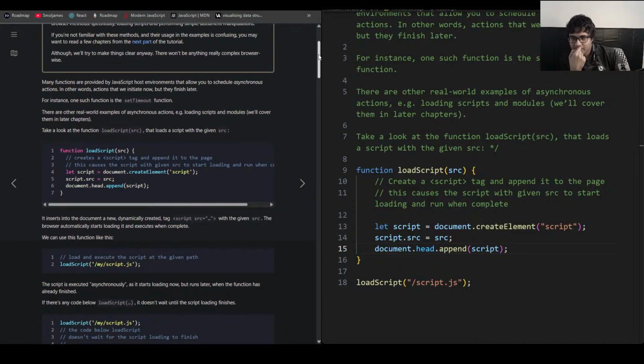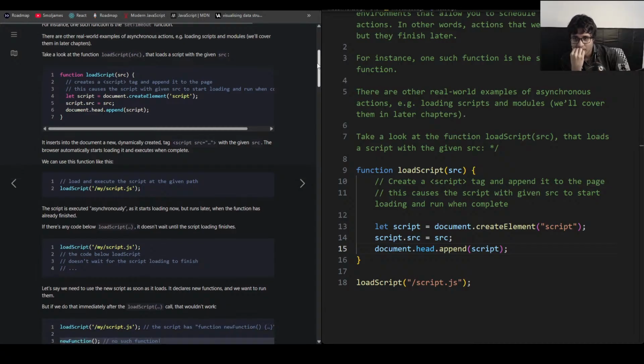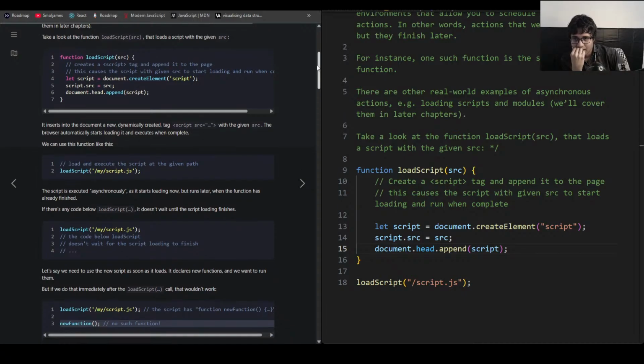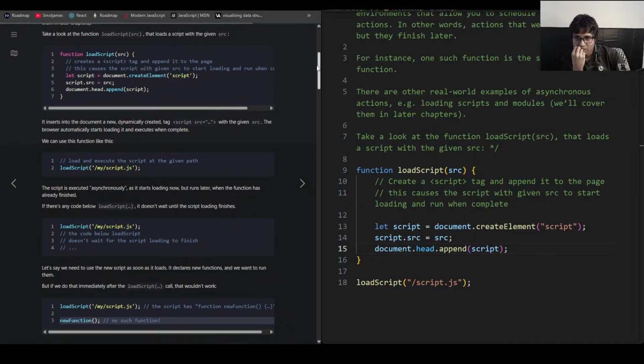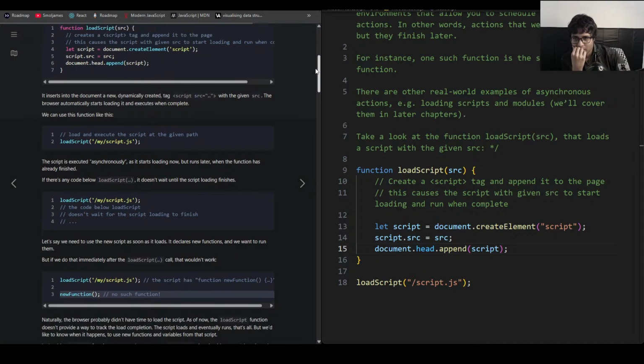It inserts into the document a new dynamically created script tag with the given src. The browser automatically starts loading it and executes when completed. When complete, we can use this function like this: load script. The script executes asynchronously, as it starts loading now, but runs later when the